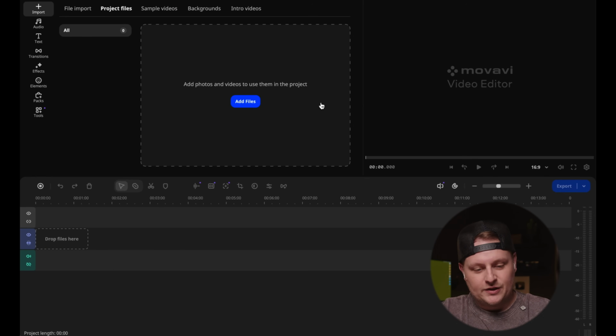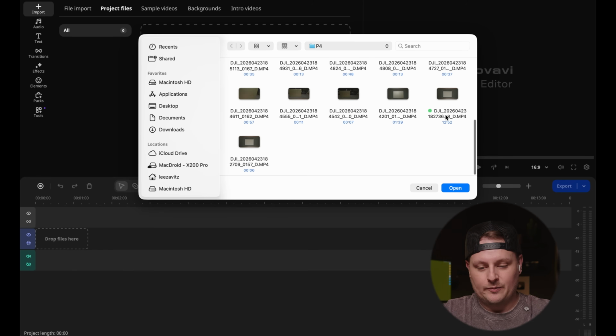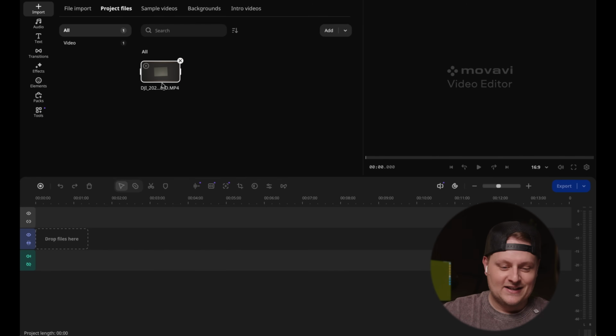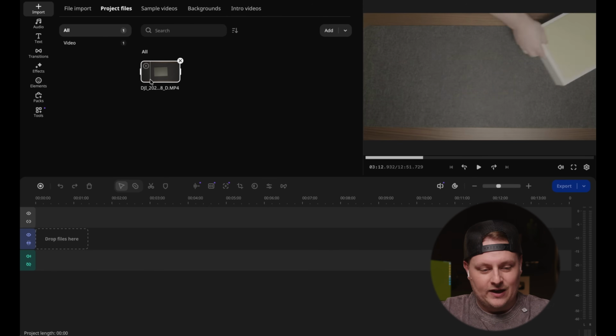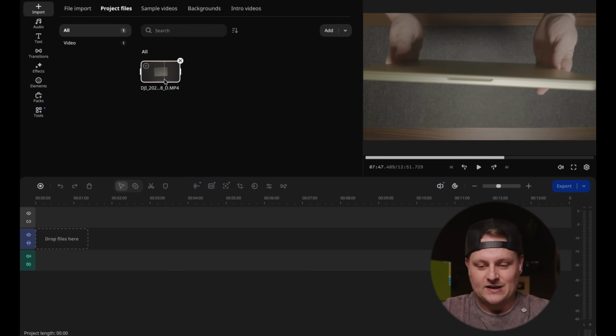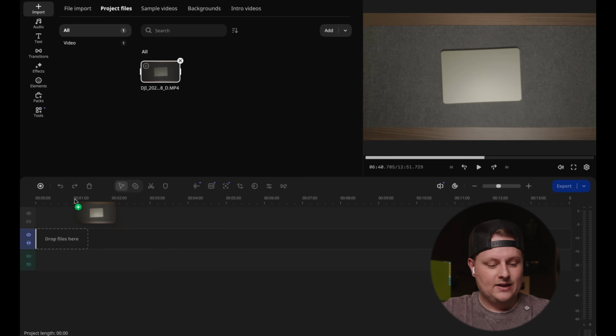All right, so the first thing we need to do is bring in some files. So I'm gonna go to add files and I'm going down here. This is the Pocket 4. So we're gonna import that footage. And the hilarious thing is I'm editing the unboxing of the MacBook Neo on the MacBook Neo. But yeah, we can scrub the file here and you can see the footage there. Now it's upside down and it's flat, but we'll fix that in a second. Now we can double click to put that into the timeline, or we can just drag it down into the